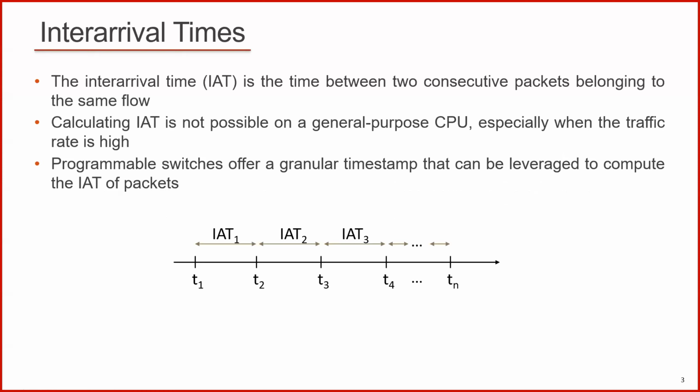The inter-arrival time is basically the time between 2 consecutive packets. Sometimes you want to calculate it for IP packets, or let's say TCP, UDP, and typically it's not trivial to calculate such inter-arrival time on general purpose CPUs, especially when the rate is high. Let's say you have gigabits of traffic. It's really hard to keep track of the inter-arrival time between every single packet. So with P4,